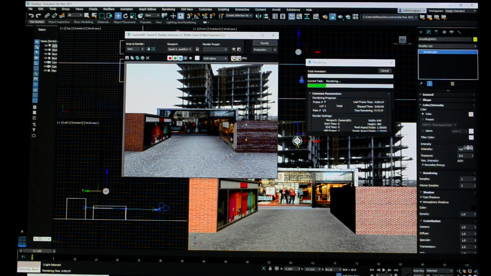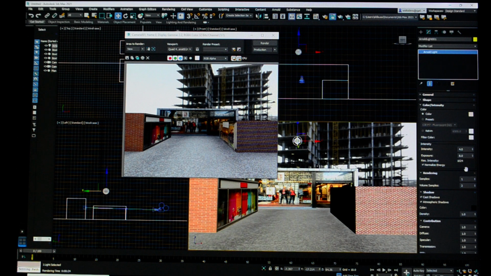I start by increasing the intensity first, and then the exposure second. And I think you can go up to 64 and 64 or 128, 128 in both of these before you tap out. But rather than do that, in most cases, you're going to want to add more light or more